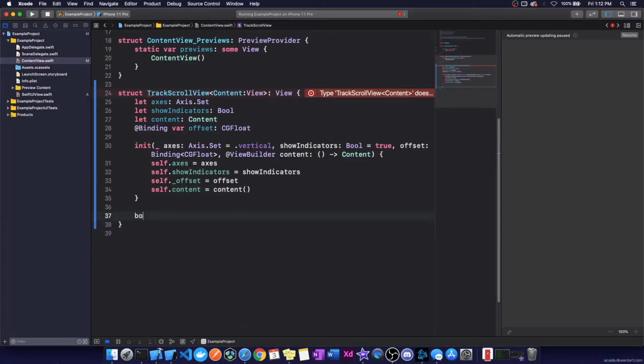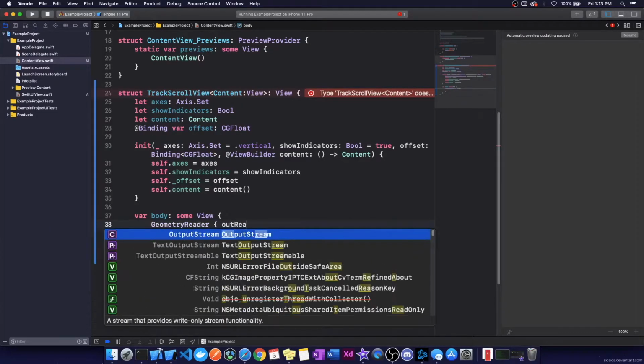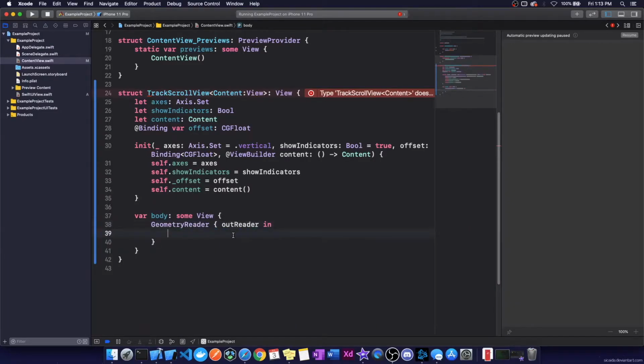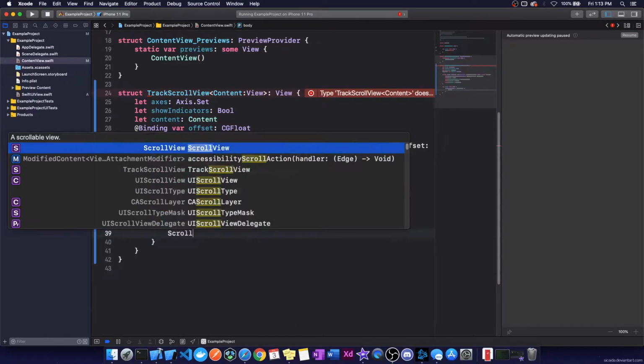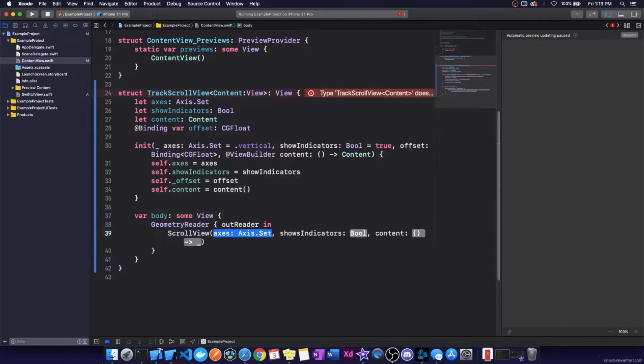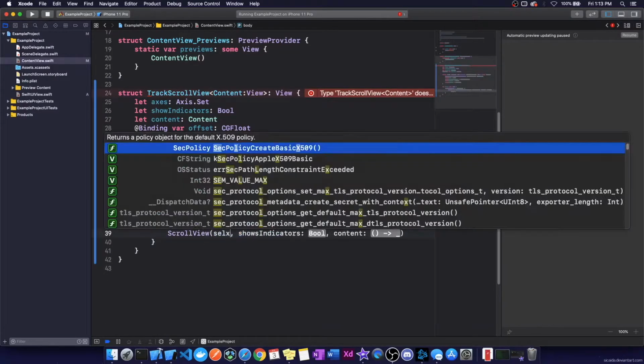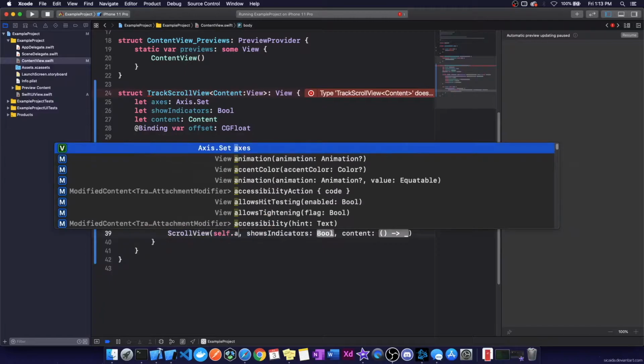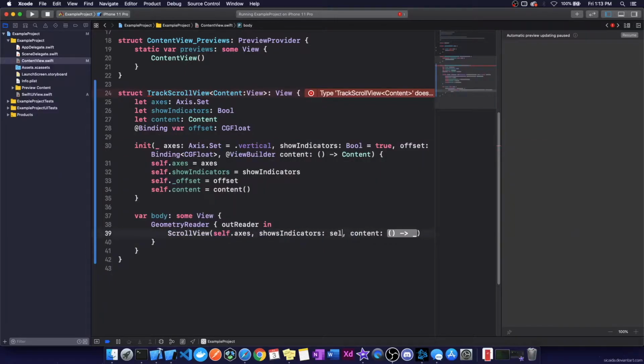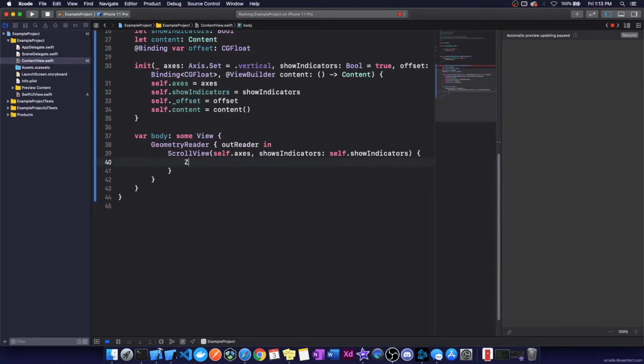Alright, so now we have our initializer. Let's make our body. Here I'm going to start with a GeometryReader, and I will name this our outer reader. I'm also going to do a scope. I'll explain why we name it outer reader later. We're going to use a ScrollView with axes, and self.showsIndicators. We'll do that, right? And then we put a ZStack